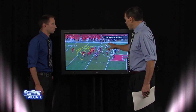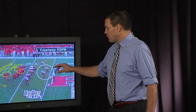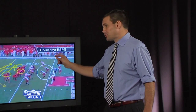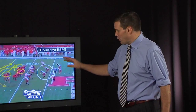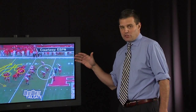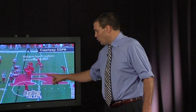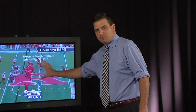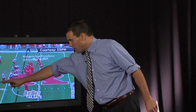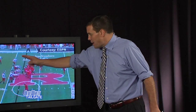Now, the last thing we want to talk about here is obviously Rutgers has a lot of playmakers. One of them, Carew, has been suspended for the game, so won't play against Penn State. If we go to the next screen cap, you'll see how that's going to impact the entire Rutgers attack when you see what happens. When you have a player like Carew, when you get in these bunch sets and these trip sets, he draws 2 DBs. So there would be a corner here and a safety there,